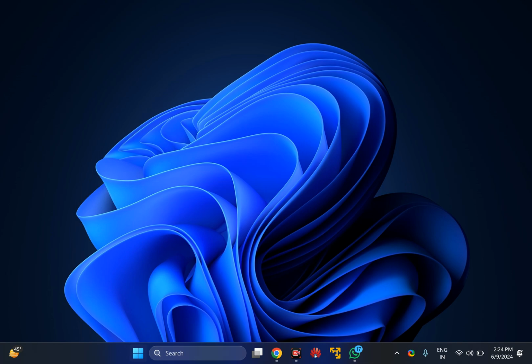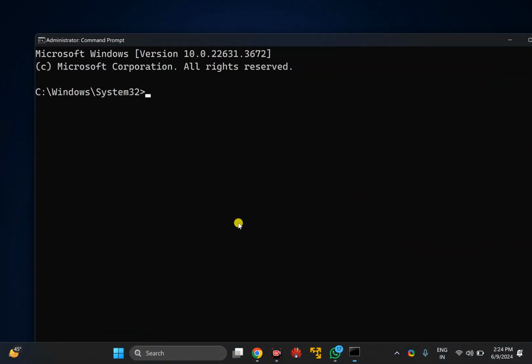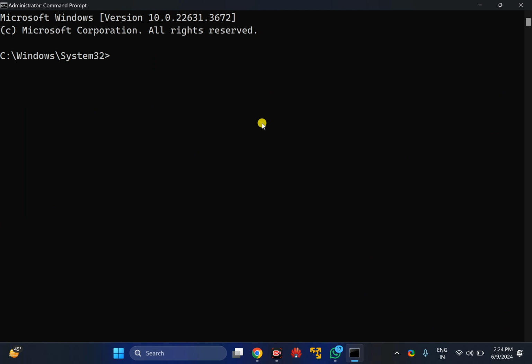In case Windows prompts, click on the Yes button. Now you need to stop some services. For that, type net stop wuauserv and then press enter on the keyboard.